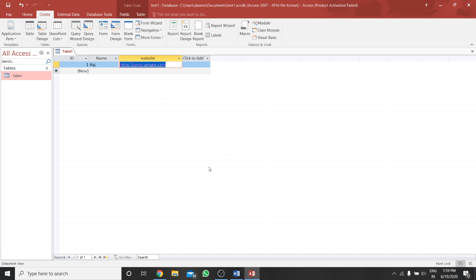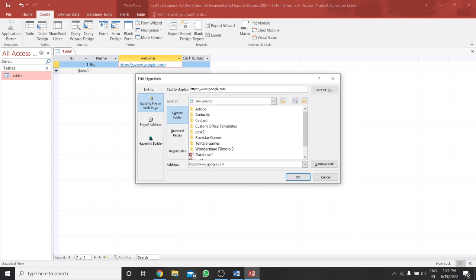And we can also see when we press Control K. I have pressed Control K. After pressing Control K, this interface has come. This interface is known as the Edit Hyperlink dialog box. The Edit Hyperlink dialog box consists of what? You can see Link to. You can link to any file. Then we have Text to display, then Screen Tip, then the Address.